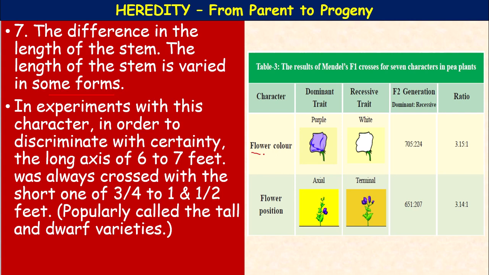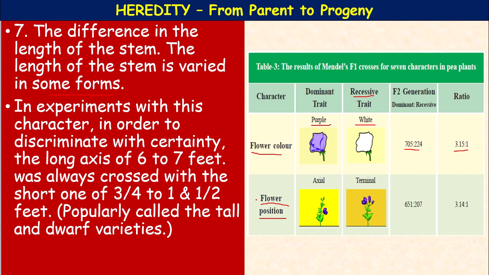The characters: flower color and flower position. Dominant trait, dominant character: what is that? Purple color. Recessive trait, recessive character, that is white. And in the F2 generation, the results of F1 crosses of 7 crosses in the pea plant we are discussing, what happened? 705 purple and 224 white. The ratio is